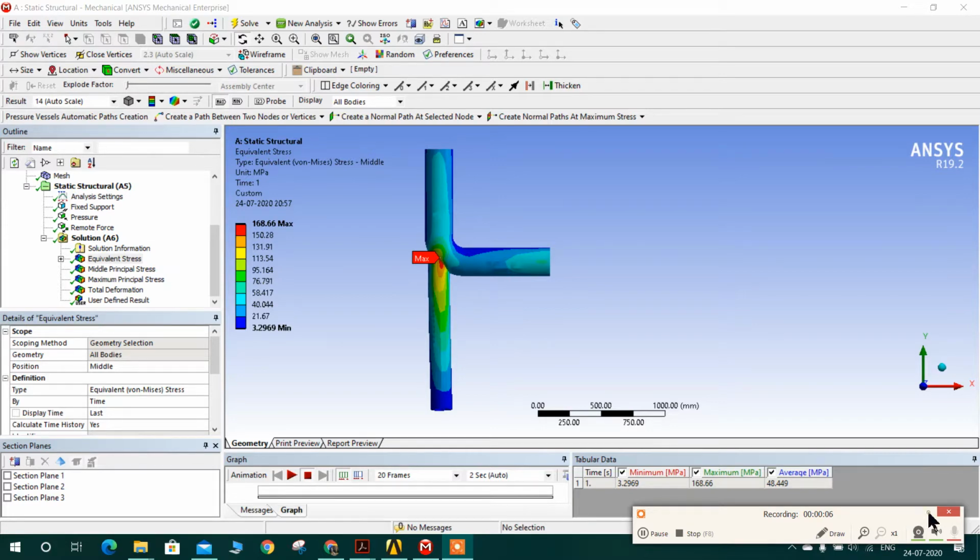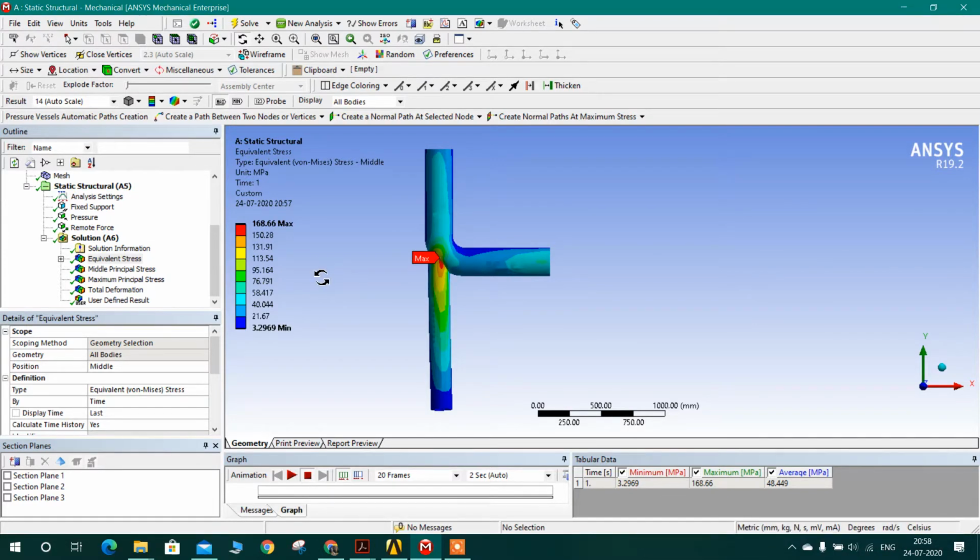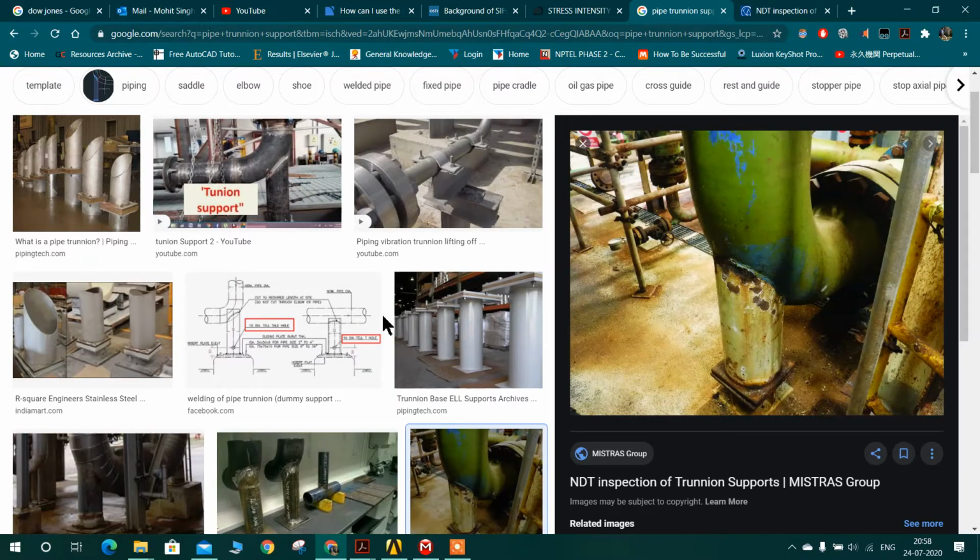Hi everyone. This is a finite element analysis of pipe trunnion support. As you know, in the oil and gas industry we have different kinds of piping supports, for example shoe supports, trunnions, dummy legs, hangers, and many other types of supports. Generally, the analysis of trunnion supports is carried out traditionally using the Caesar software, but